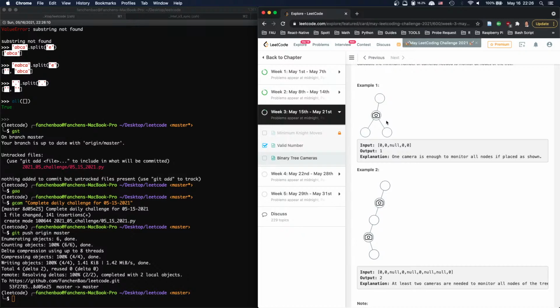Will be more economical. So we say, okay, whenever we find a leaf node, we just don't set it, right? Whenever we find a leaf node, we don't set it, and then we come back up to the parent node, and for the parent node, we'll check on the leaf nodes, right? If any of the leaf nodes is not set,